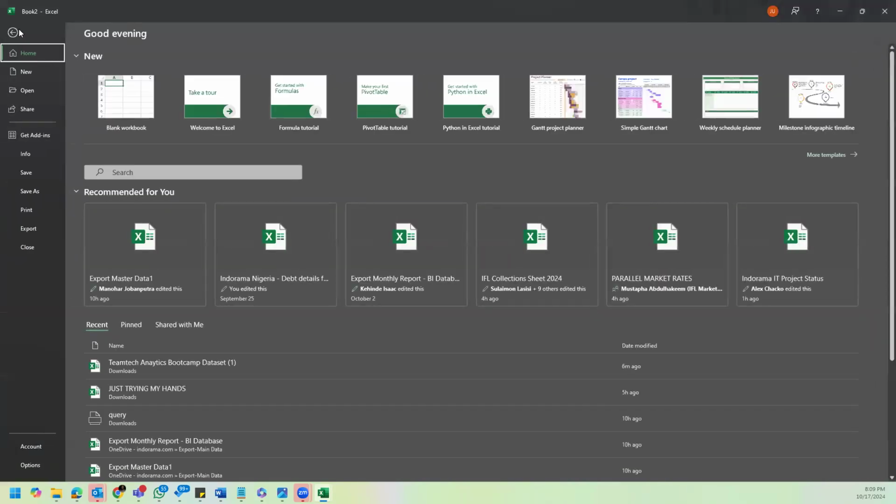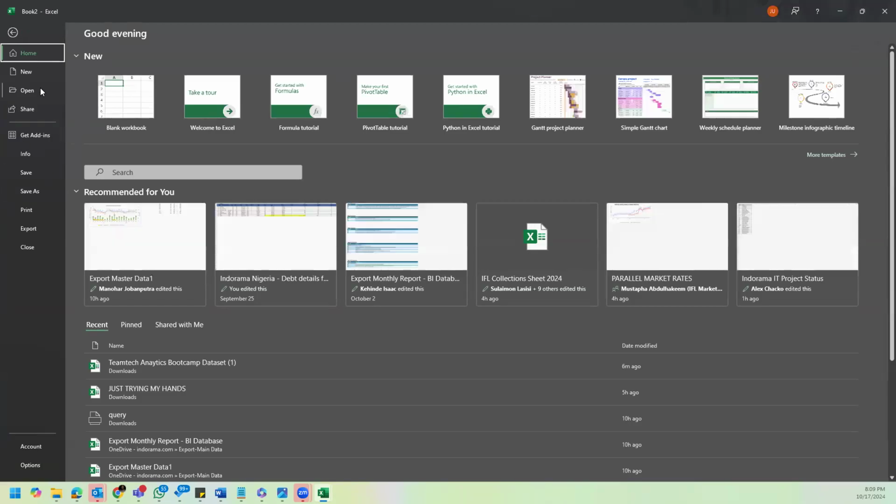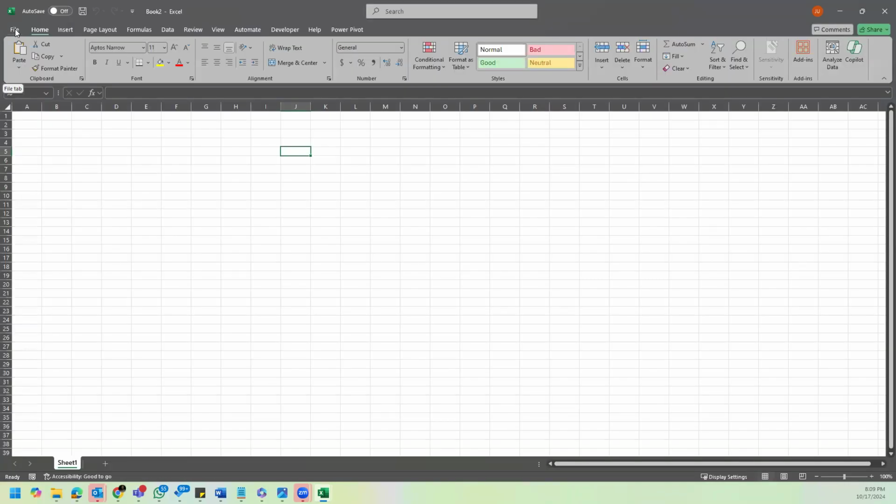We have the File tab, where we could save files just like Microsoft Word or any other sheet. We can save our files, open new files, open existing files, print, and carry out some settings. However, that's more or less under computer appreciation. Just to run through the Excel interface,